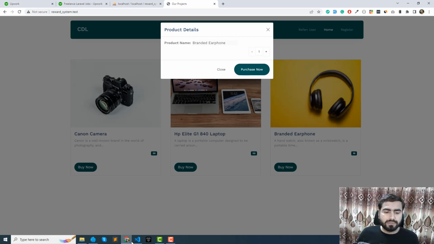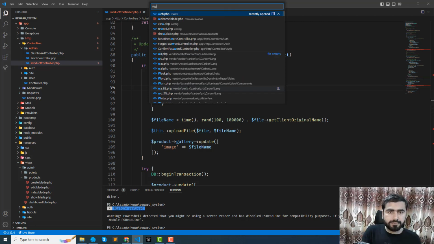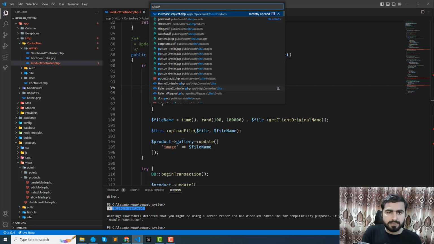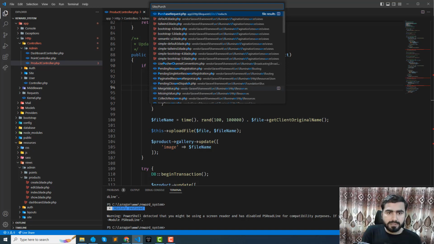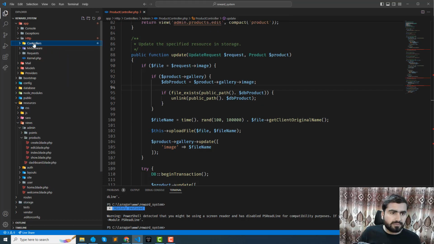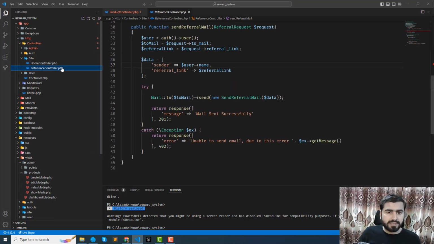So we need to go to the website product controller, website slash purchase controller, or maybe it will be the product controller, maybe purchase. Let me move from here, controller site, and this one would be the reference controller. Okay,